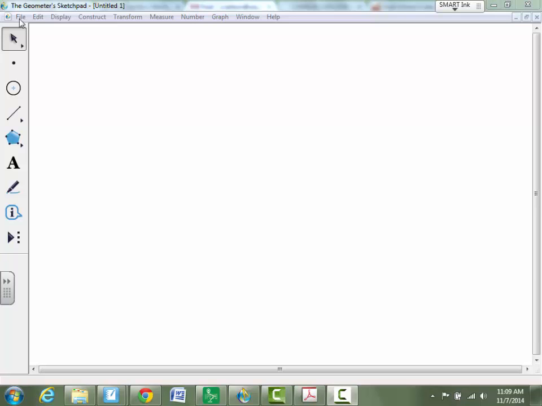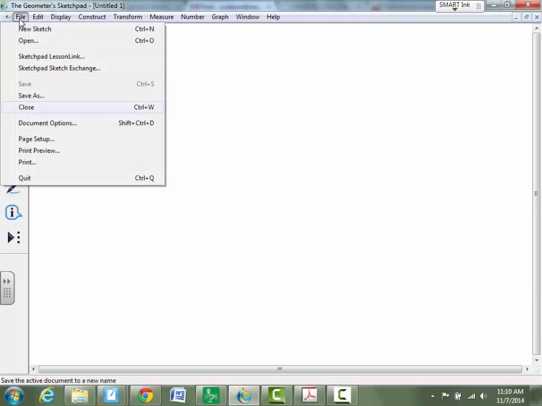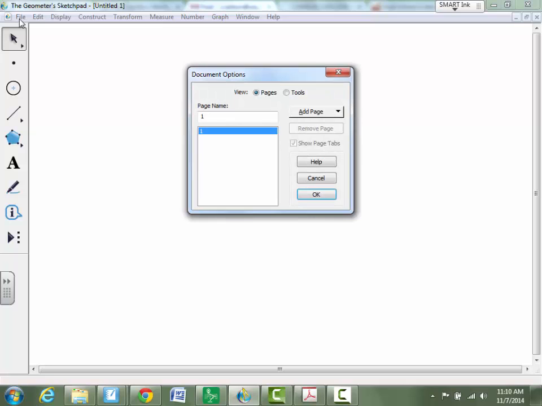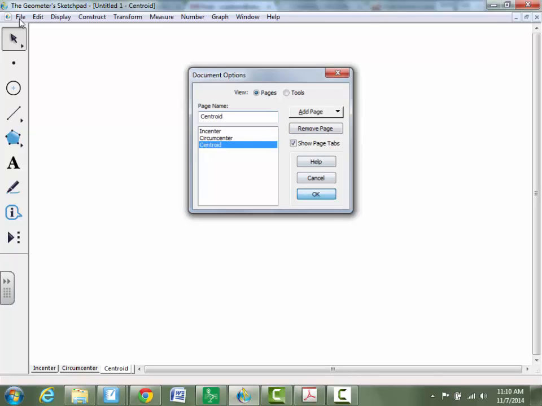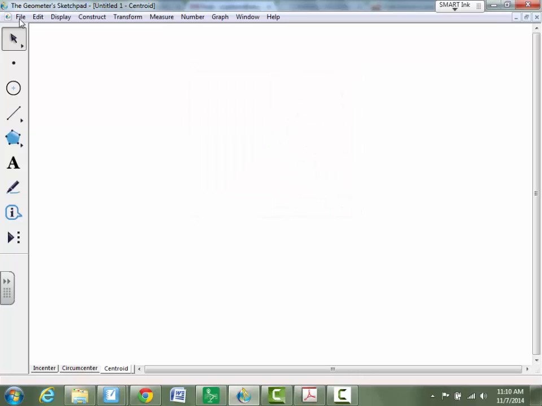All right, so the first thing I would do is go to File, Document Options, and we're going to do 3 different sketches. The first sketch was what? The in-center. It's okay. Don't be afraid of the internet. The in-center, and then the circumcenter, and then, what was the last one? Centroid. Great. And so what you'll see here is, Grace, at the bottom, you have the 3 different points of